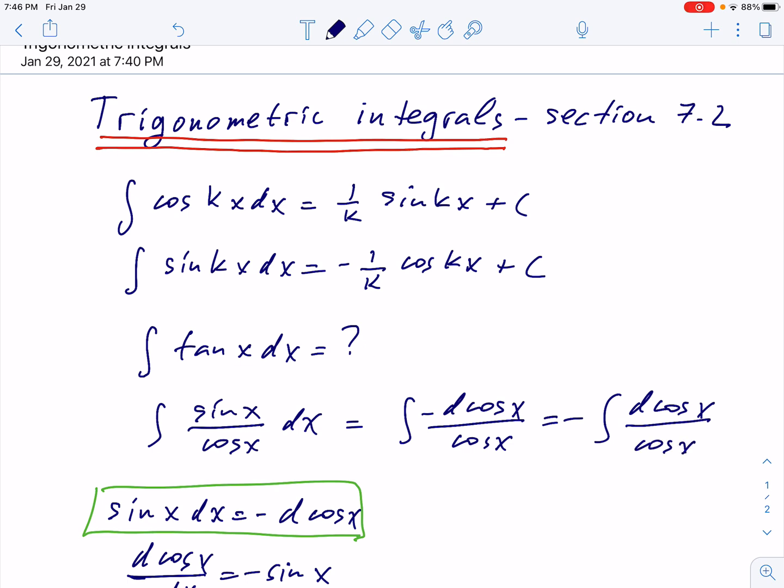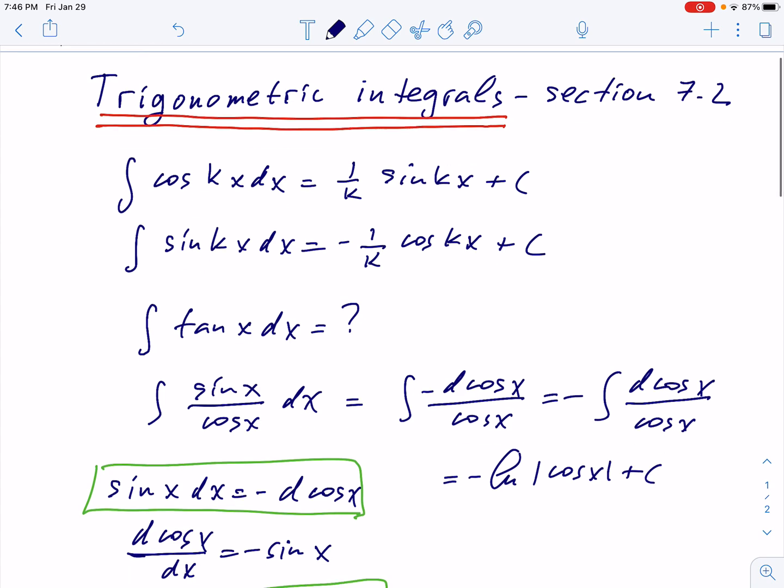We can think of cosine x as a new variable. No need to write the substitution. This is something over the same thing. This is a logarithm. So we have negative natural log, and we have to put absolute value of cosine x plus c. And that's how we deal with the